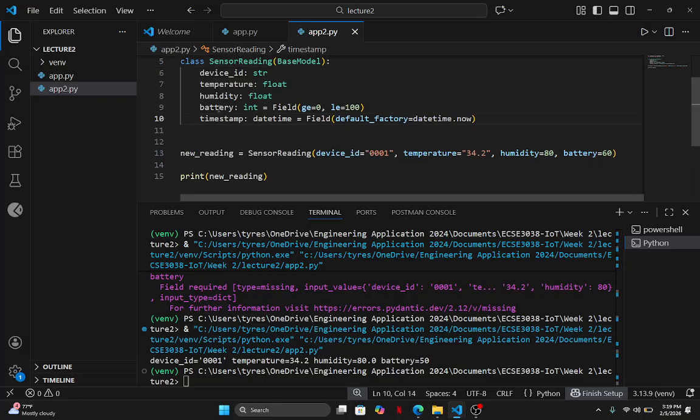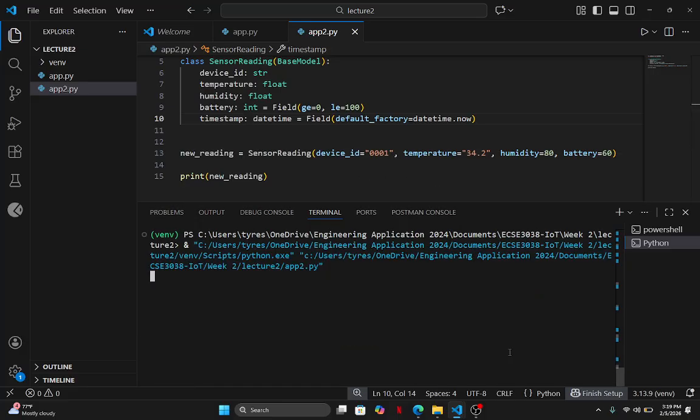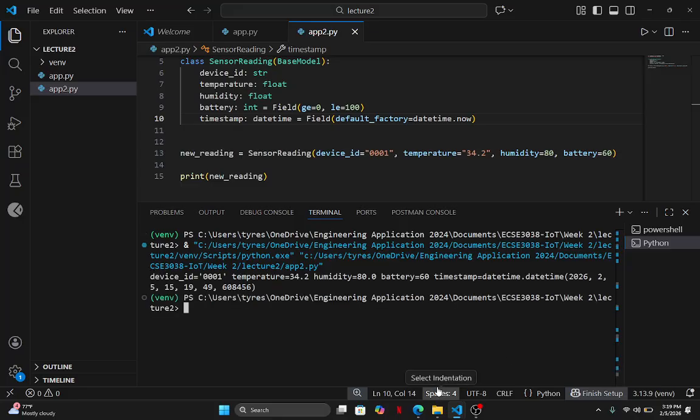Oh, you know what I could have called it instead? Timestamp. That came to me as I was thinking about it just now. Timestamp makes more sense. So you have a timestamp, and this will represent the time that the server got the data. So if I run that, it will give me a bag of things that look kind of weird. So I got the device ID, the temperature, the humidity, the battery, and the datetime in the form of a Python datetime object.